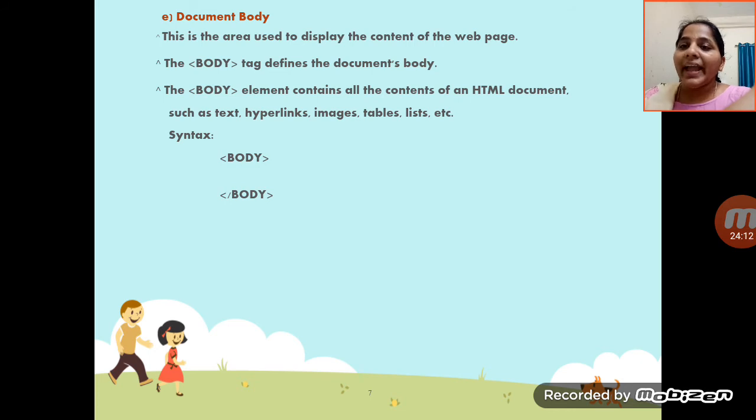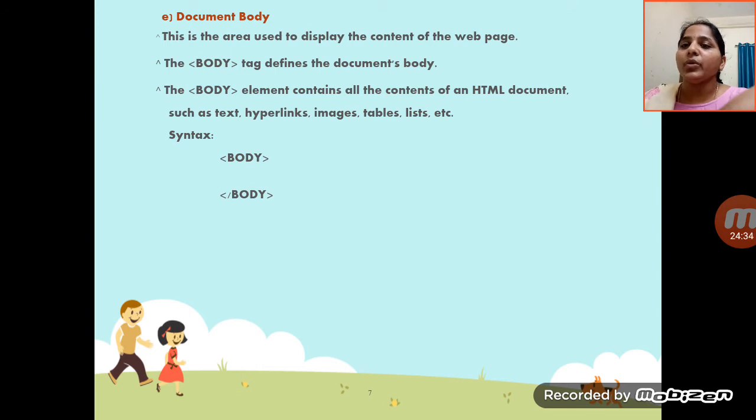The body tag defines the document body, and the body element contains all the content of an HTML document, such as text, videos, images, tables, hyperlinks, lists, etc.